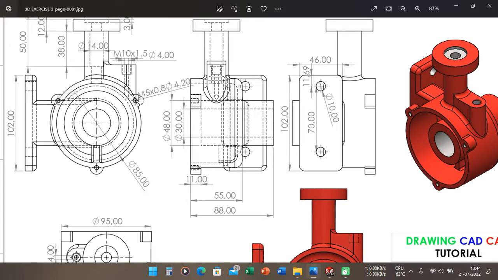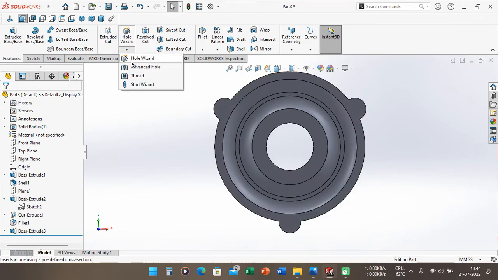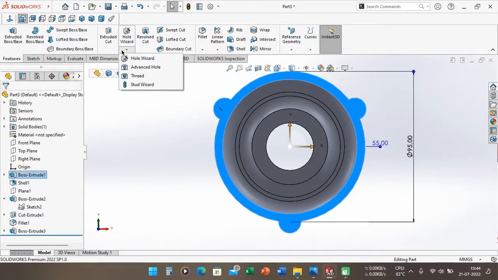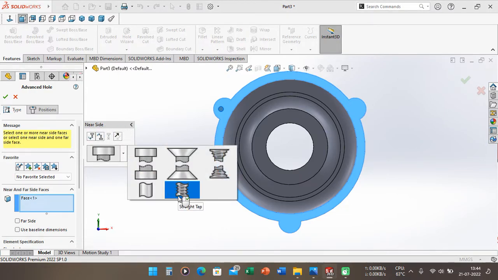Then if we look again here, there is a tap type here. The hole is M5 x 0.8. So we can use the Hole Wizard, and we can use Advanced Hole. But first we can choose this face, and then choose Advanced Hole. Wait a moment. After that, on the near side menu, you can select the Tap.